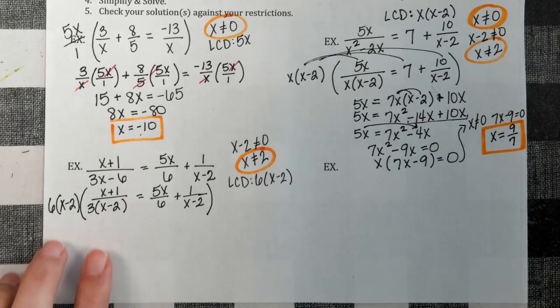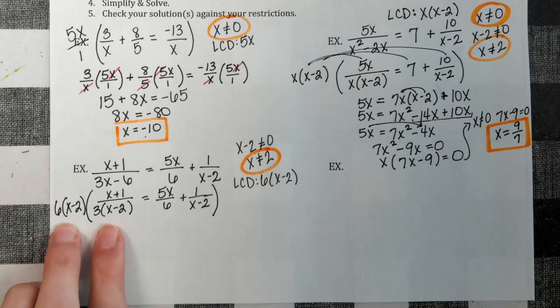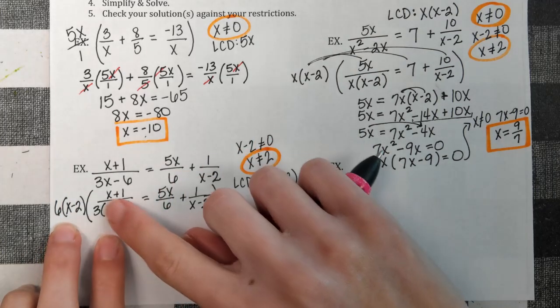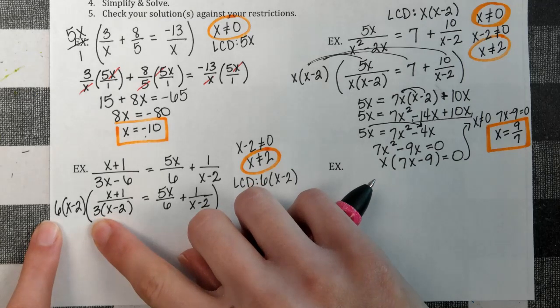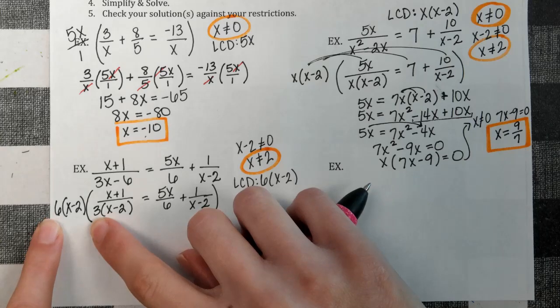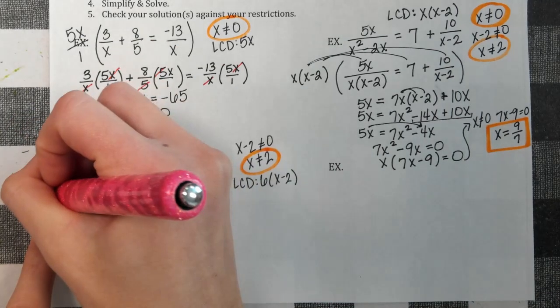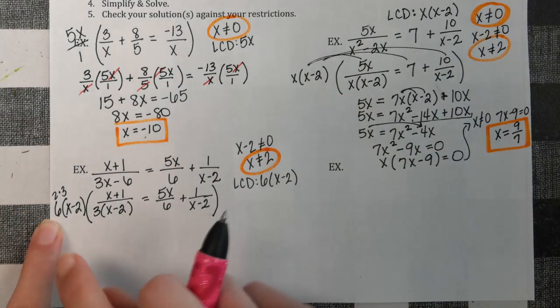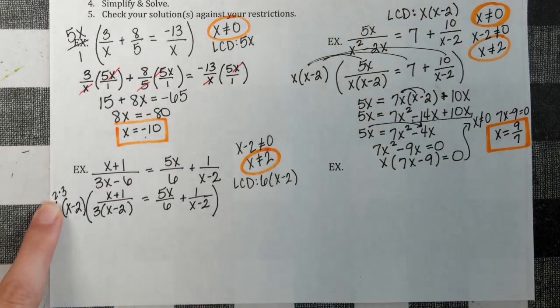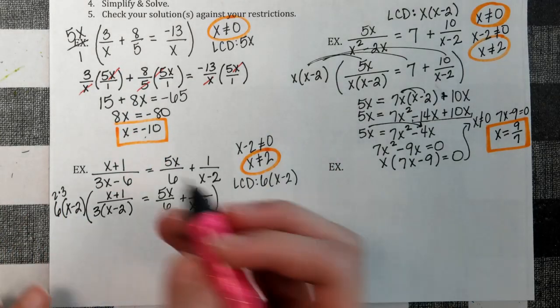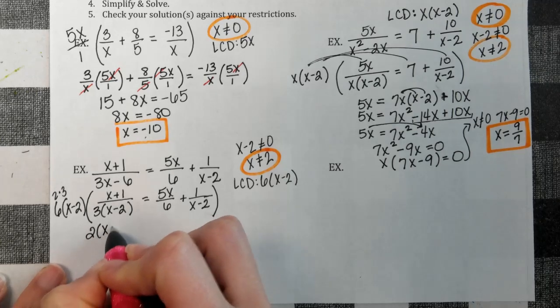Now you have to be careful with this first one. Okay? We see that the x minus 2 cancels, but what happens with the 6 and 3? It's just going to leave me with what? A 2, right? If you need to see 6 as 2 times 3, then you can see that x minus 2 cancels, the 3 cancels, leaving me with a 2. Okay? So that's going to be 2 times x plus 1